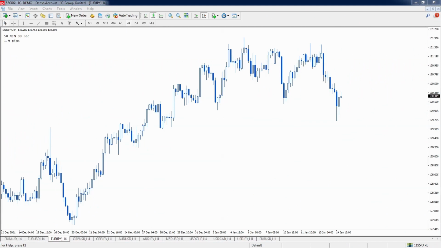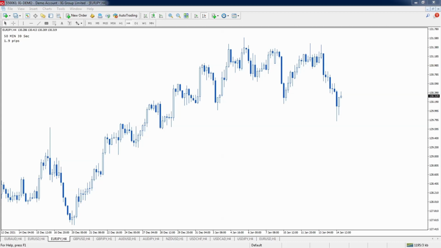My name is Russ Horn, and I'd like to show you how to best determine the direction that you want to trade. You want to trade with the trend for the most part. If you're a trend following trader, you're going to find the most trades and you're going to find the trades that move the furthest if you are following the trend.